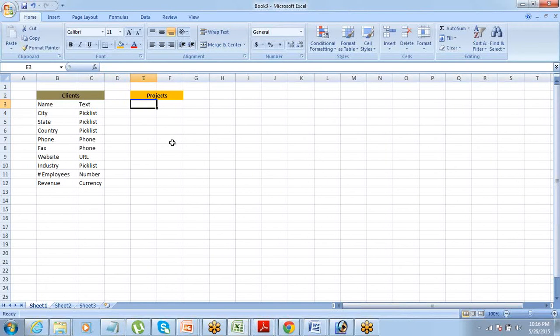List all the fields. Maybe name of the project, if there is an ID, if there is a start date of the project, if there is an expected end date for the project, if there is budget, that's what you're saying. Okay. Any other fields you think we need for project? Apart from all this, do you think there is any other field that we need?